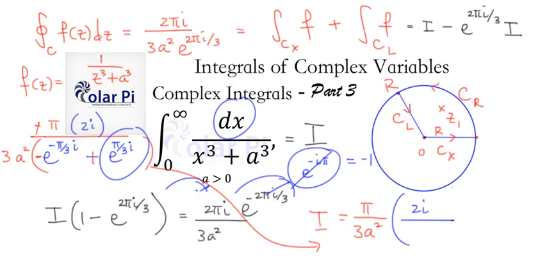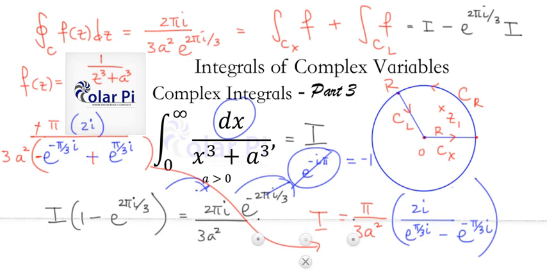Leading with the positive, which is e to the pi over 3 times I, and then minus e to the negative pi over 3 times I. Well, and it's more that. And observe that since